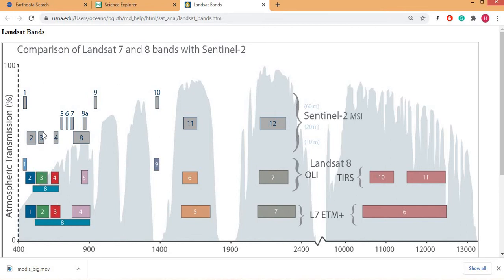In Sentinel, band number 3, I mean green, is narrower. Band number 4, red, is also narrower. Band number 1 is also narrower, and band number 5 is narrow, 6 is narrow, 7 is narrow, and 8 is again wide, 8A is again narrow. So Sentinel-2 can also be used for different other purposes. Here we have 10 meter bands, these are 20 meter bands, and these are 60 meter bands. The narrow bands are for 60 meter and 20 meter.